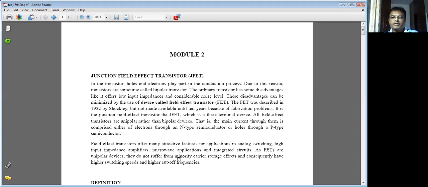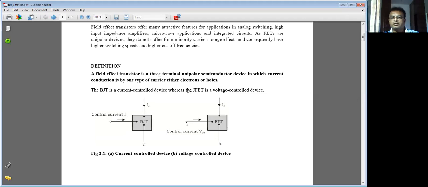They do not suffer from minority carrier storage effects. I will not go in depth on this, and consequently they have higher switching speeds. The switching speed of FET compared to BJT is more: at a faster rate, you can switch on and off. Now let us come to the definition of the FET. In simple words, a field effect transistor, FET, is a three-terminal